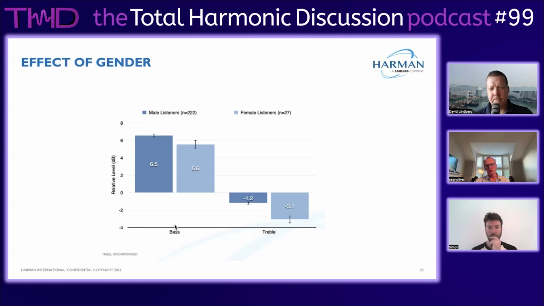It could be that the females have better hearing, perhaps. They don't need as much treble. It could be that females in general have different shape, different volume ear canals. I think that could be a factor for in-ear headphones. They're going to hear a little more bass with a smaller volume. In this case, this was an open back, so that probably wasn't an issue. But it's something that's interesting, and I think needs some further study.